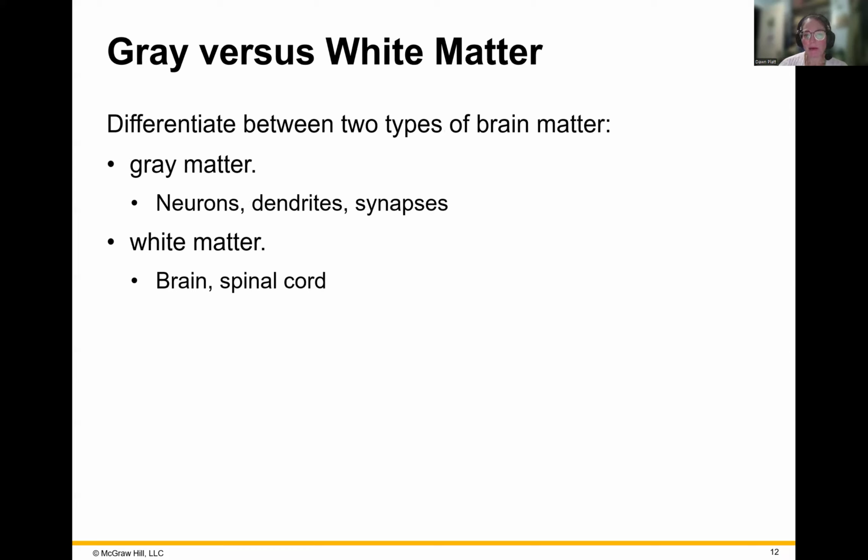Differentiation between the gray matter. There's two different types of brain matter. There's gray matter and white matter, and each of them have to do with just the different components within the matter. You don't need to know that for me, but it just gives you an idea. And if you want to learn more about that, the gray matter and the white matter,